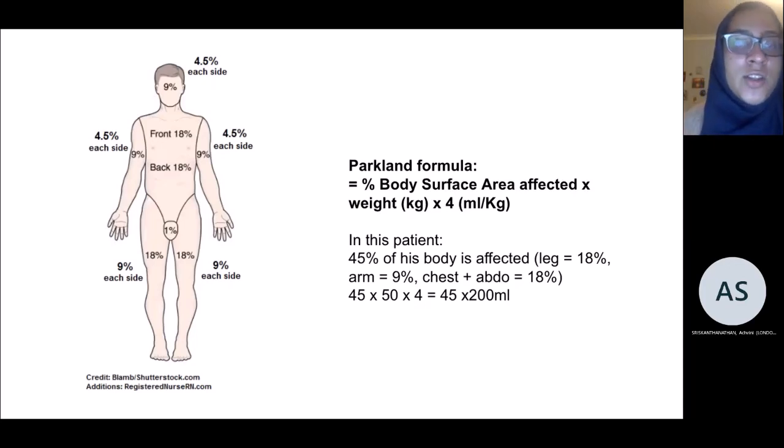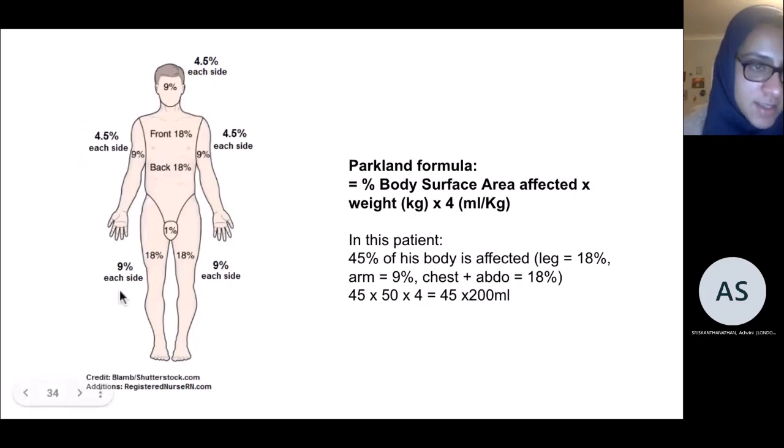So there's something called the Parkland's formula that is used in burn victims to calculate how much resuscitation and maintenance fluid they need. And this is what the formula is. You use percentage body surface area affected times weight times 4 milliliters per kilogram. So in terms of trying to find the percentage of the body surface area affected,